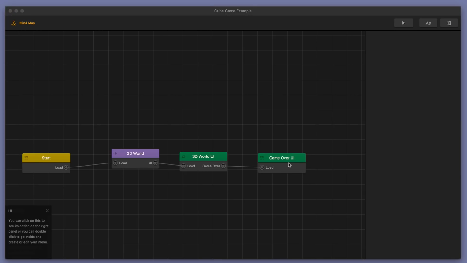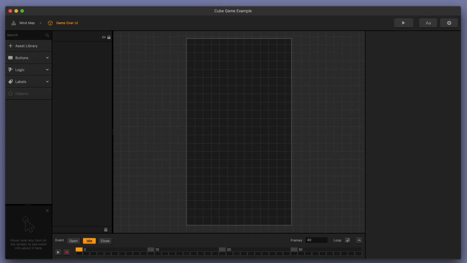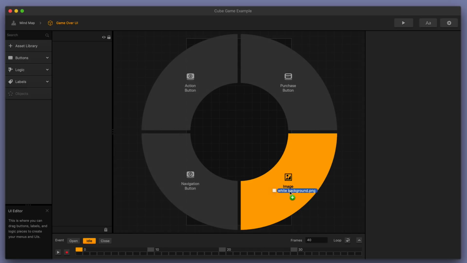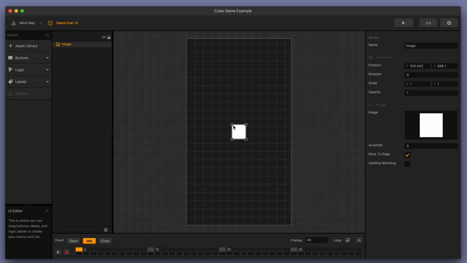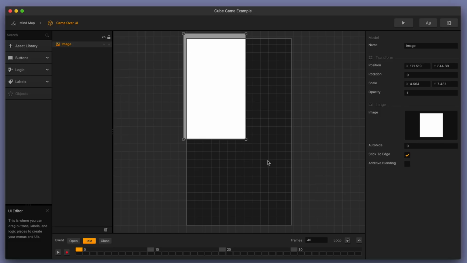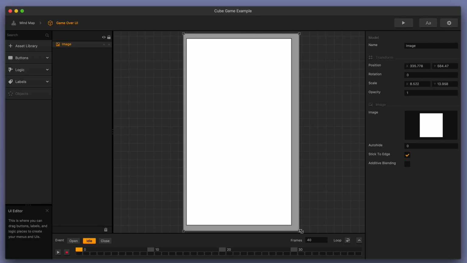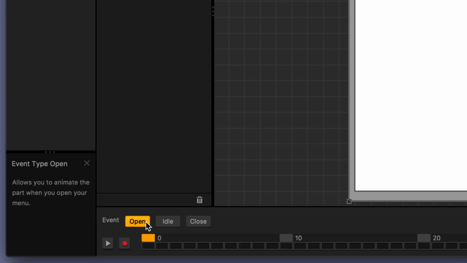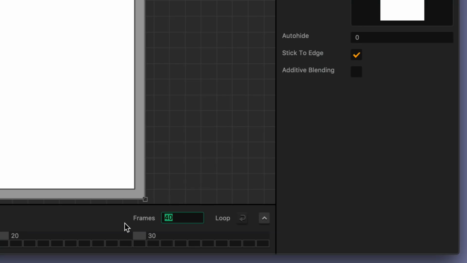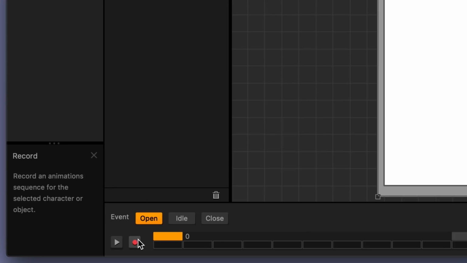So I have some artwork here that I have off to the side, and I'm going to drag it into my game over UI. So first, I have this little white background that I'm going to use, and I'm going to just stretch this out, and I'm going to do a quick animation with this in a little bit. Let's actually do that right now. So I'm going to go to the open event of the animation. I'm going to change the frames to only 20 frames real fast,